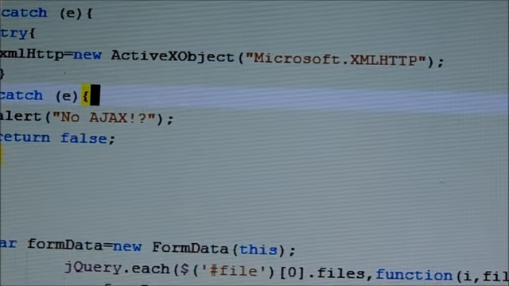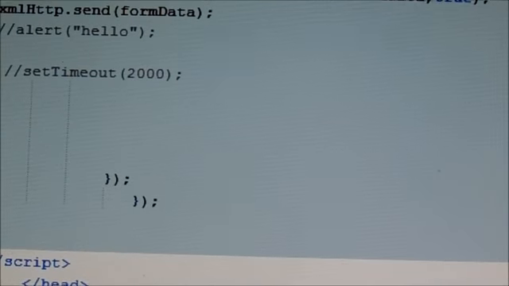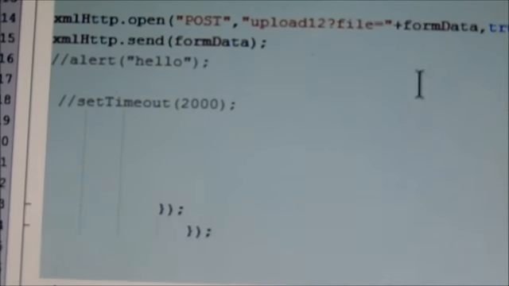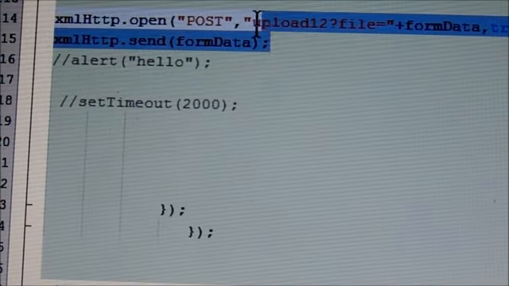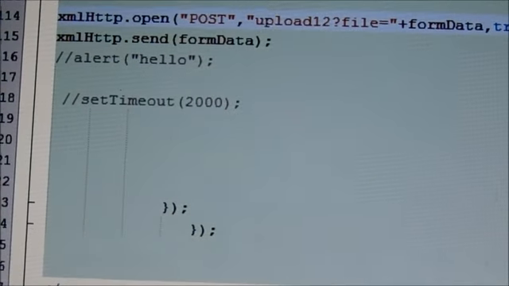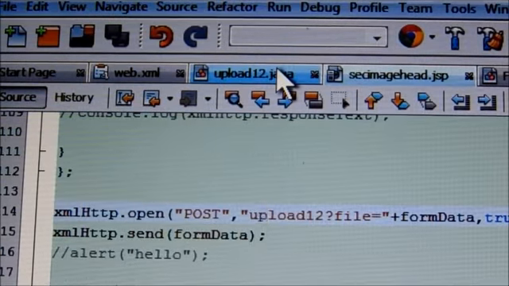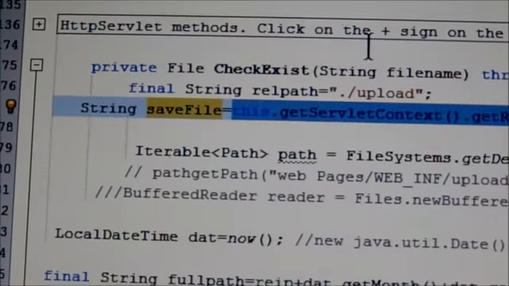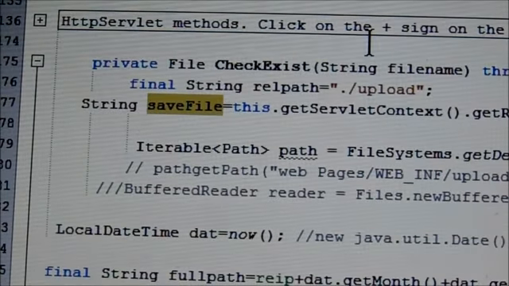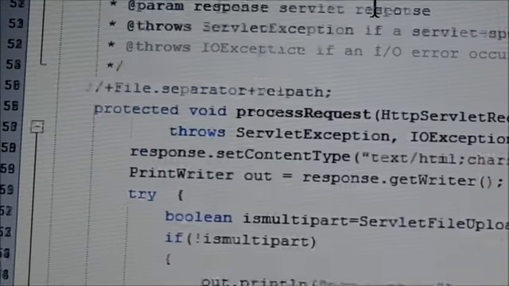Then we open upload.12. This I am opening here. Upload.12 is actually using the Apache file upload.